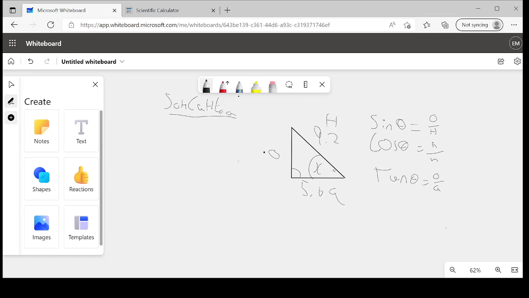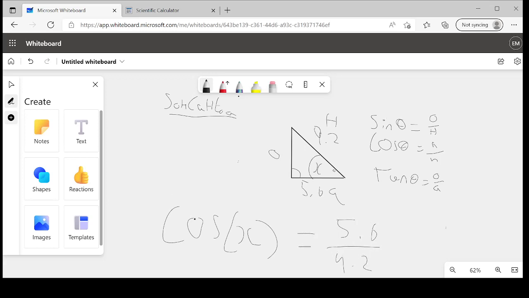Now let's find out which equation we have to use. So let's use SOHCAHTOA. S, opposite, we don't have that. So let's try cosine. Adjacent, we have that. Hypotenuse, we have that. So this is the equation for us. So first, let's write that out. Cosine x is equal to 5.6 over